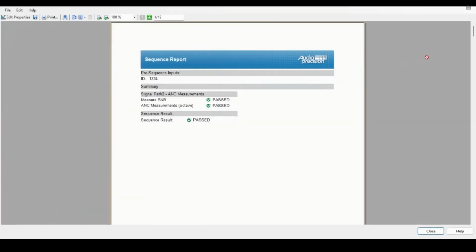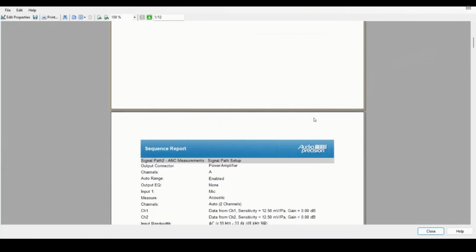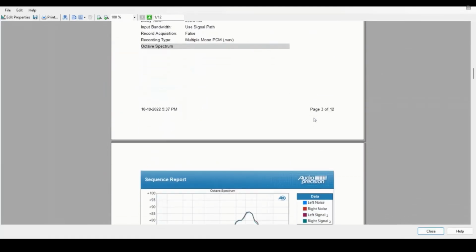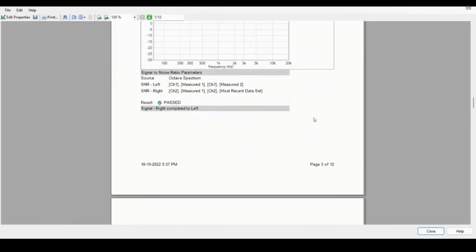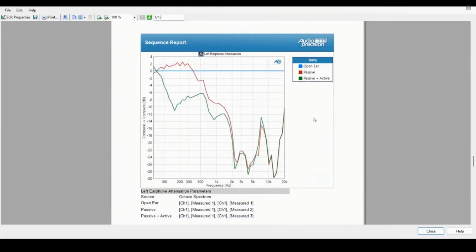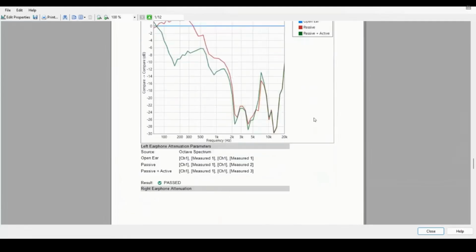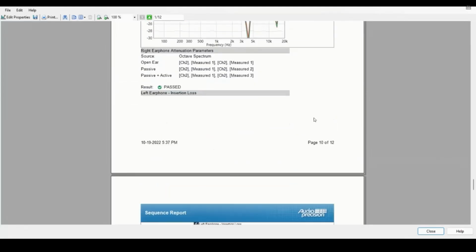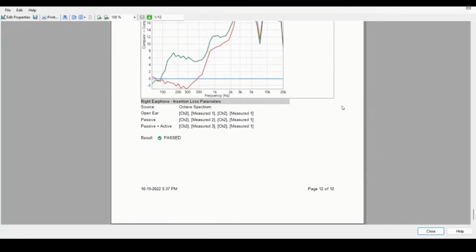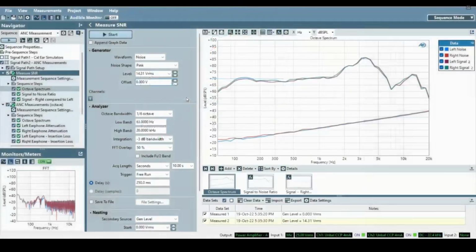So once the measurement is finished, we get this nice report. So the sequence was configured to create a measurement report where we can see all the results. Of course, this report can be configured in any way you prefer, adding more or less results to the report itself. Let's go back to the APX software and let's analyze all the different steps corresponding to the ANC measurement